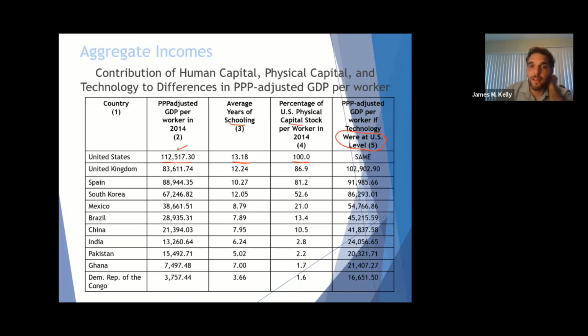But with the increased levels of technology, we'll see that the gap between productivity in other countries with lower levels of technology shrinks when they have the same amount of technology as the average U.S. worker. So the point being, technology really is important in driving economic growth, and it is the main driver